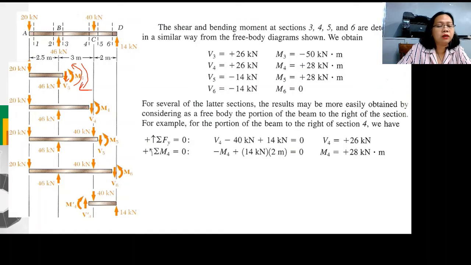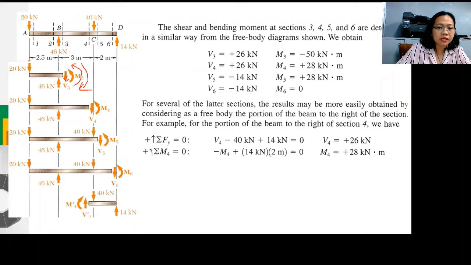Muna ang sakto nga moment. At point 4, here, our shear is 26, going down, correct? And our moment is positive 28. So, insakto na ni siya nga paana na. As is na ang iyang convention. And therefore, hangtod nga maabot ka sa imuhang point D, which is